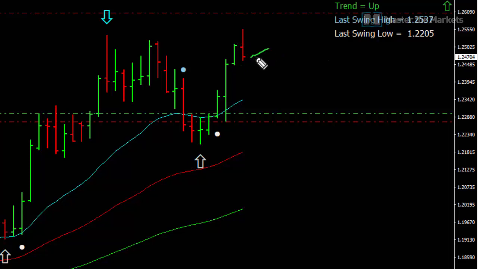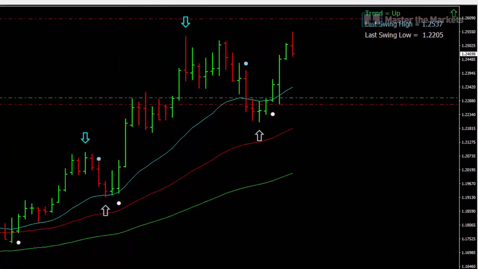What I'm looking to happen into the rest of today, it's only 1 PM, I'm really looking for this to reverse. Friday is a day known for reversals, and I'm looking for this market today to reverse and go back up towards its high. That would be my gut feel on this, but it doesn't matter what happens because we've mapped everything out mathematically. That's the Euro US dollar.